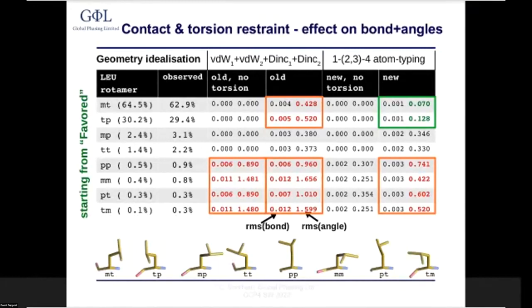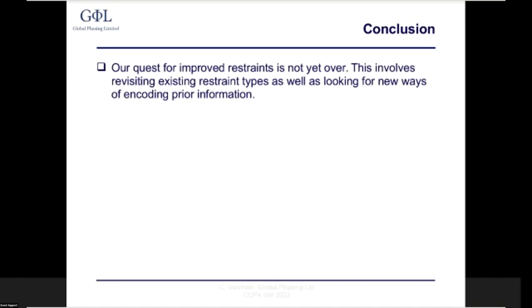So where do we stand? The quest for improved restraints is not yet over and probably never will be. From time to time, we need to revisit existing restraint types and maybe look at new ways to encode prior information. Because all restraints ultimately act upon the same underlying atomic model, the different types of restraints will most likely influence each other. So whenever we change or add a certain type of restraint, we need to be certain that we are using the correct restraint, providing the right amount of prior information and find the right balance between those